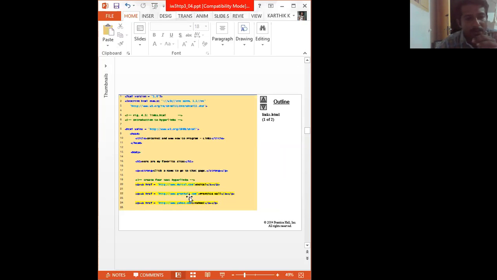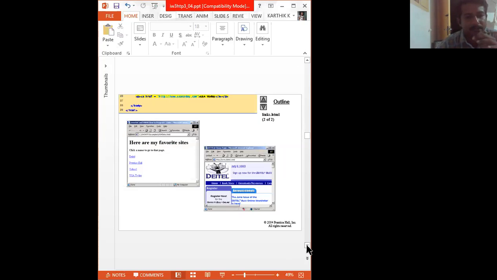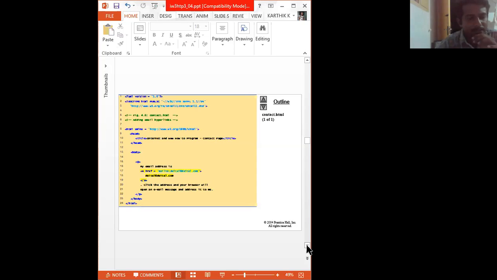When you click this text, it's going to be rendered in the particular page, right? So this is how we create the hyperlink. If you want to create a hyperlink, you have to use the anchor tag A, followed by the href attribute equal to, within double quotes, you have to specify the URL name, right?